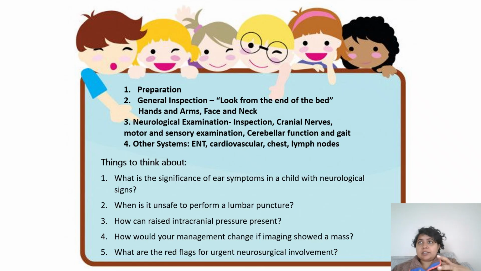And then your motor and sensory nerve examination, that would be all 4 limbs: tone, power, and then reflexes, both superficial and deep reflexes. Superficial reflexes, you can check your abdominal reflexes, and deep tendon reflexes would be your triceps, biceps, supinator on the upper limb, and in the lower limb it would be knee jerk, ankle jerk, and your